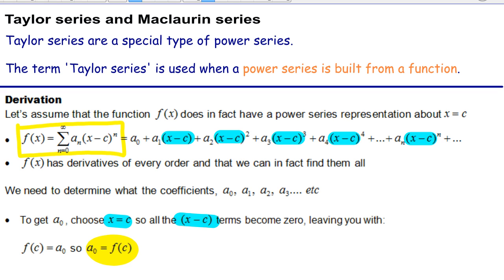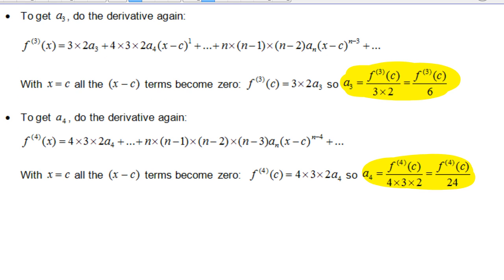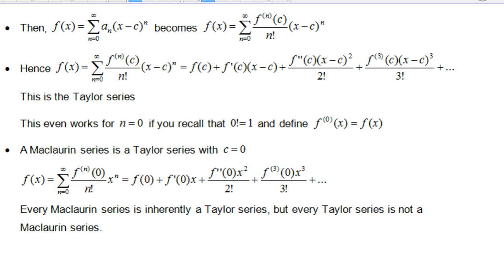So how about we focus on this guy here? We've already generalized that the nth coefficient is equal to the nth derivative at c divided by n factorial. So instead of writing s sub n, we'll just write the expression for the nth coefficient. Instead of that bit, we can write this. Let's get the whole thing. In place of s sub n, we can write the expression for the nth coefficient, and hence we can generate